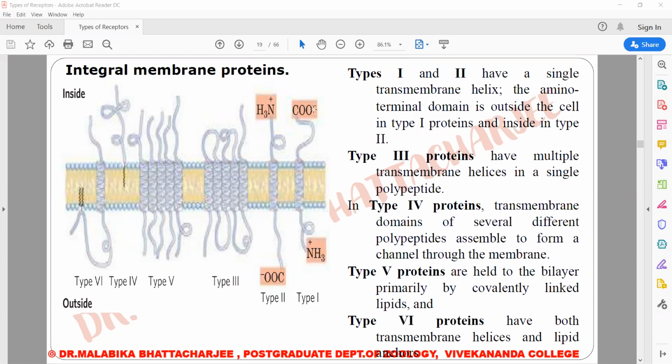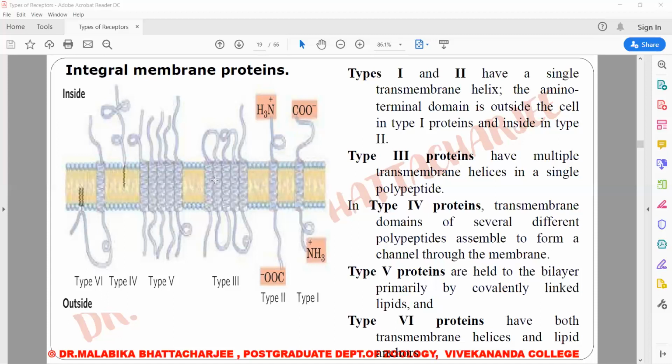Most of the receptors we have studied, specifically RTK receptors, have this kind of arrangement, where the amino terminal is majorly outside and the carboxy terminal is majorly inside, on the cytoplasmic surface. Next, coming to type 2, the amino terminal lies on the inside and the carboxy terminal lies on the inside. Now coming to the other 3 types, as you can see, these are multipass membrane proteins.